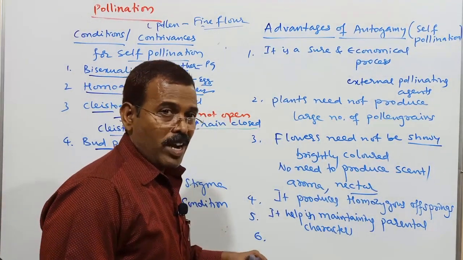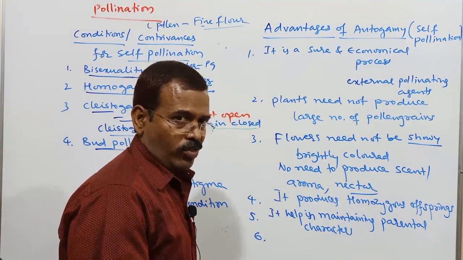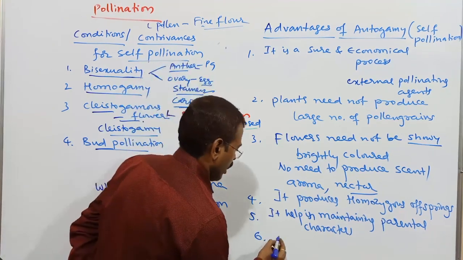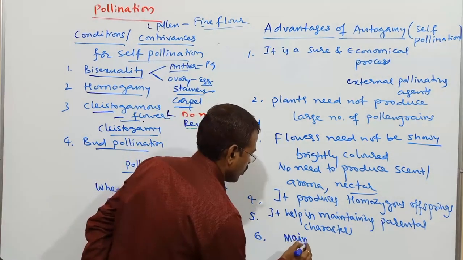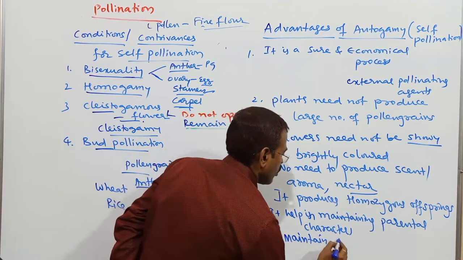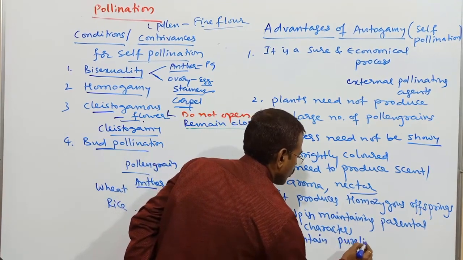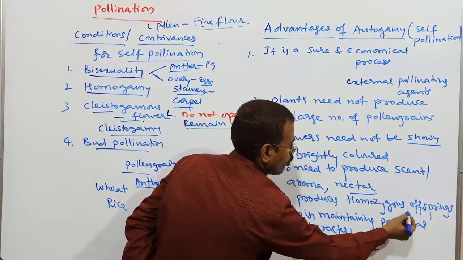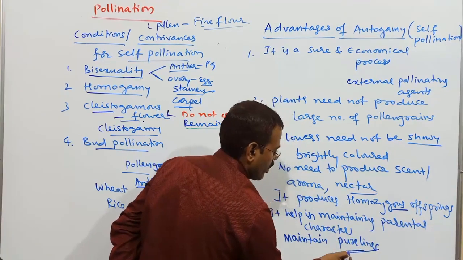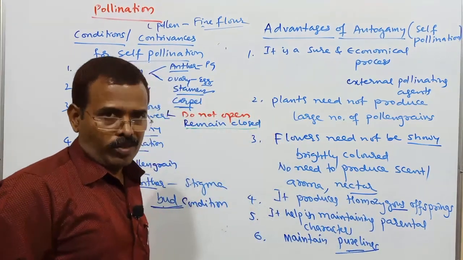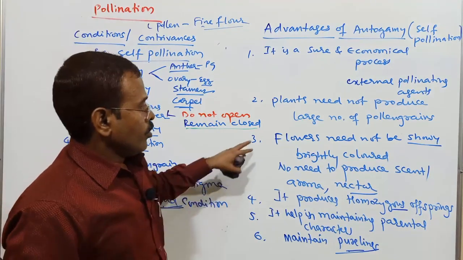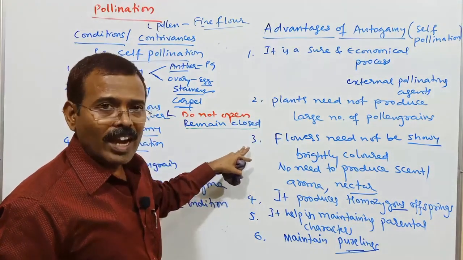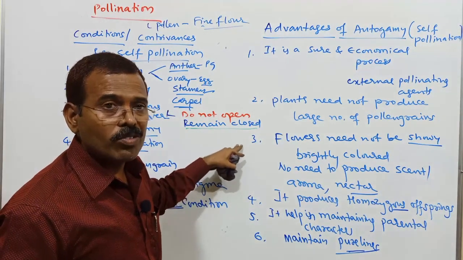It helps to maintain pure lines, genetically pure lines. That is homozygous offspring. It helps to maintain pure lines. So these are some of the advantages or benefits of what we call